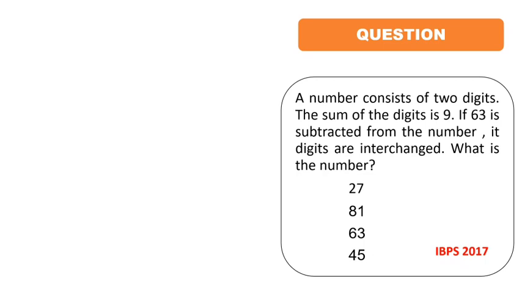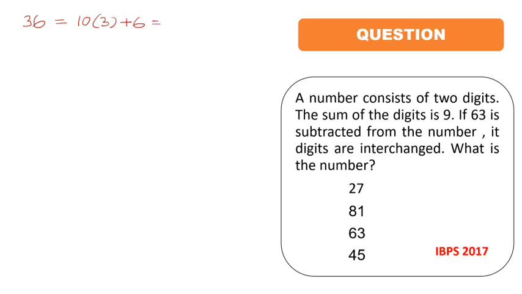A number consists of two digits. So we are talking about a two-digit number. Whenever we have a two-digit number, for example, let us take the number 36. 36 is a two-digit number. Actually 36 is 10 times 3 plus 6. That means 6 is in the unit place, so we will write 6 into 1 only. And 3 is in the tens place, so we will multiply that 3 with 10. So we'll get 30 plus 6 equal to 36.